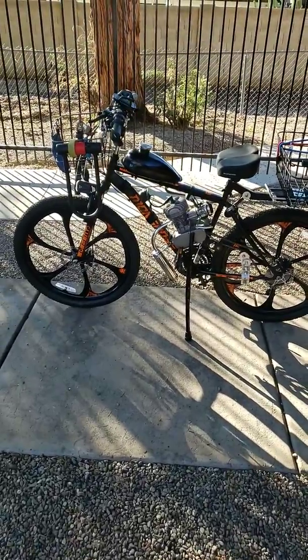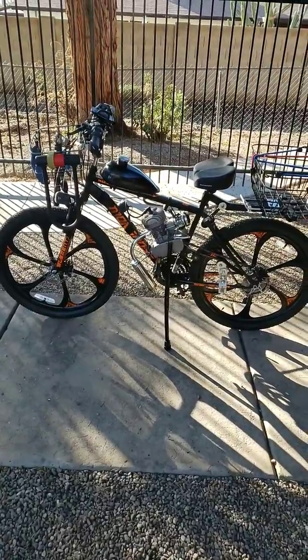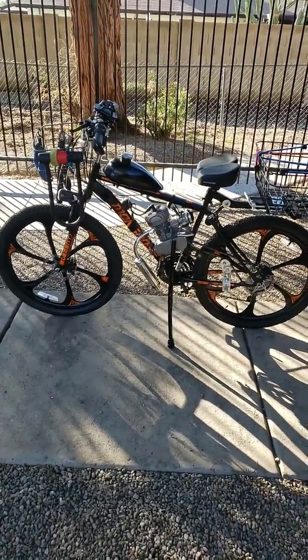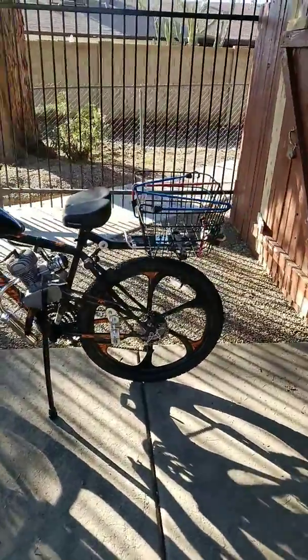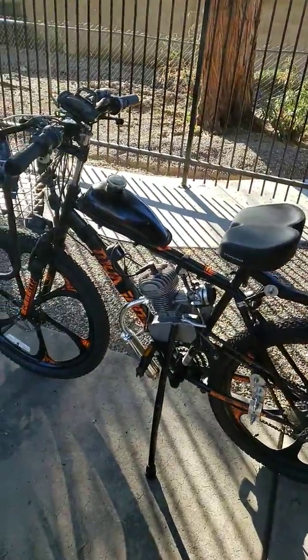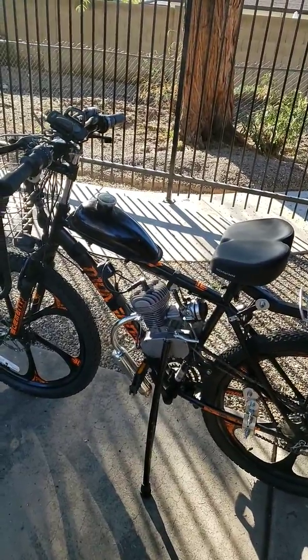Hello, my name's Chris, and this is about my Mongoose Mack 26-inch bike that I bought at Walmart and turned it into a motorized bike. Now I have to say, I believe this is a great platform for doing a motorized bike. The engine fits in real nice. You don't need to use the extended